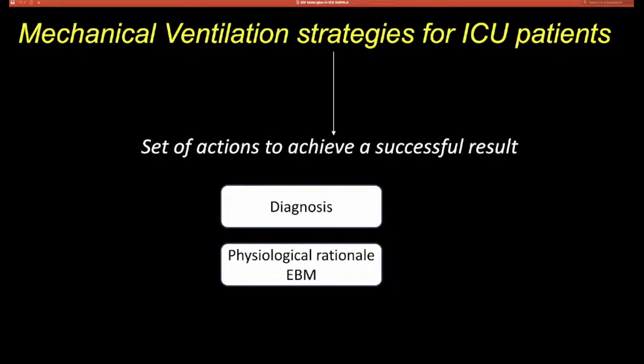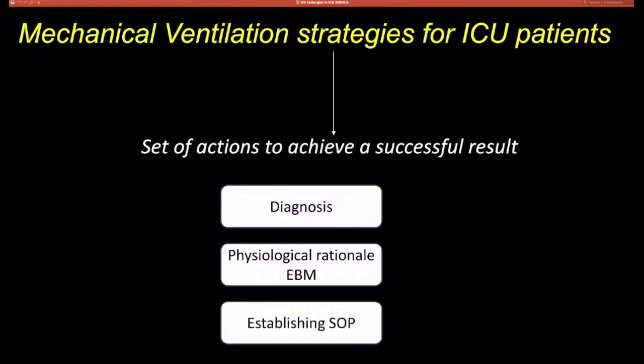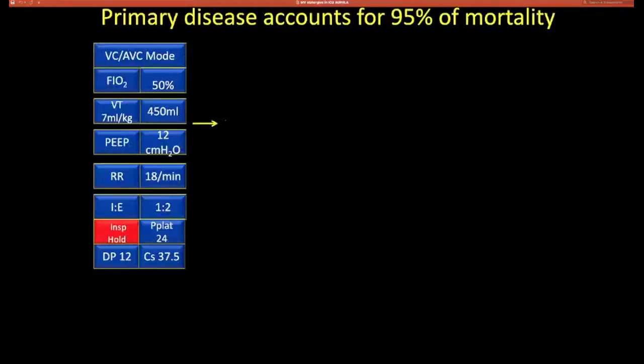So I put it above evidence-based medicine, and the evidence-based are guidelines, what we look at, what we have. And then, as Saneesh was saying, every unit has to establish a standard operating procedure for everything. Of the whole three, I would give 90% importance to diagnosis, because look here, we have a patient who